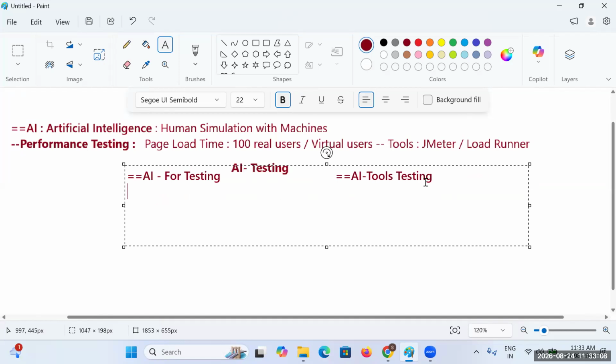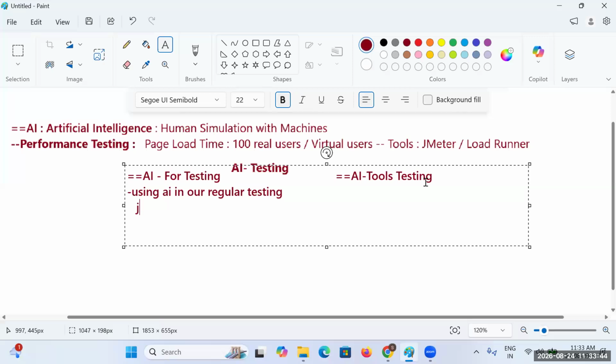Here, AI for testing is our first main priority, the main importance, which we need to understand: using AI in our regular testing job role.